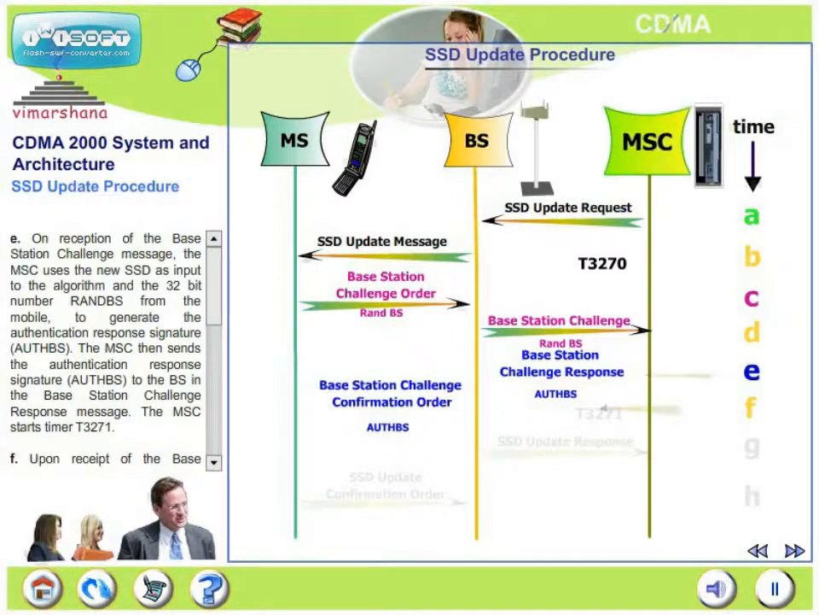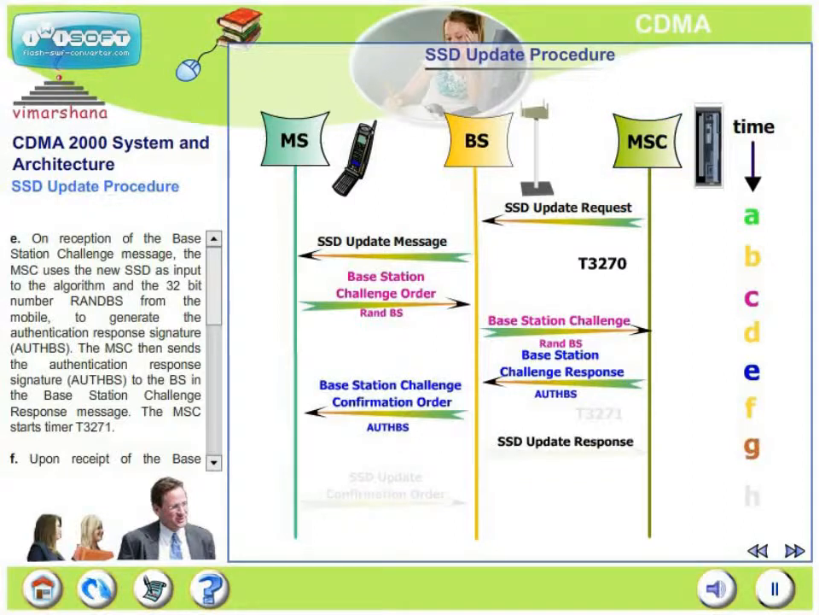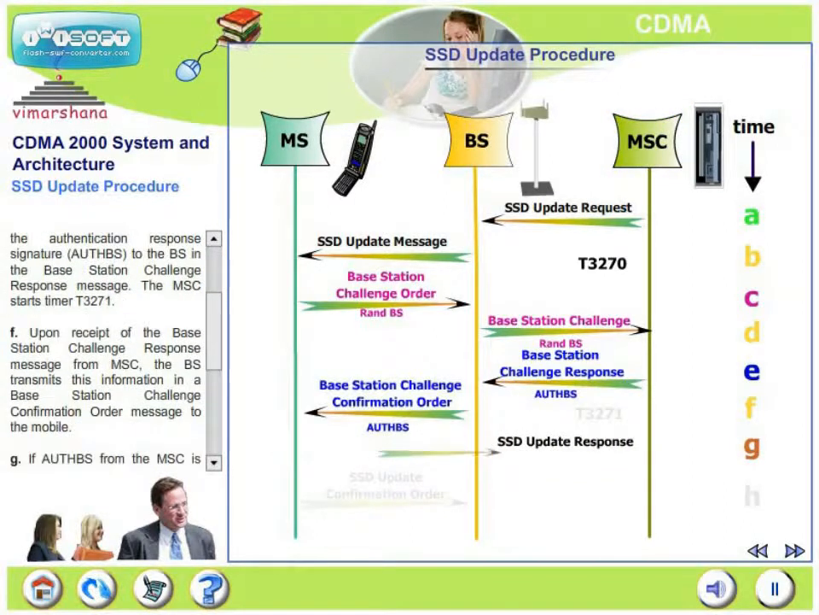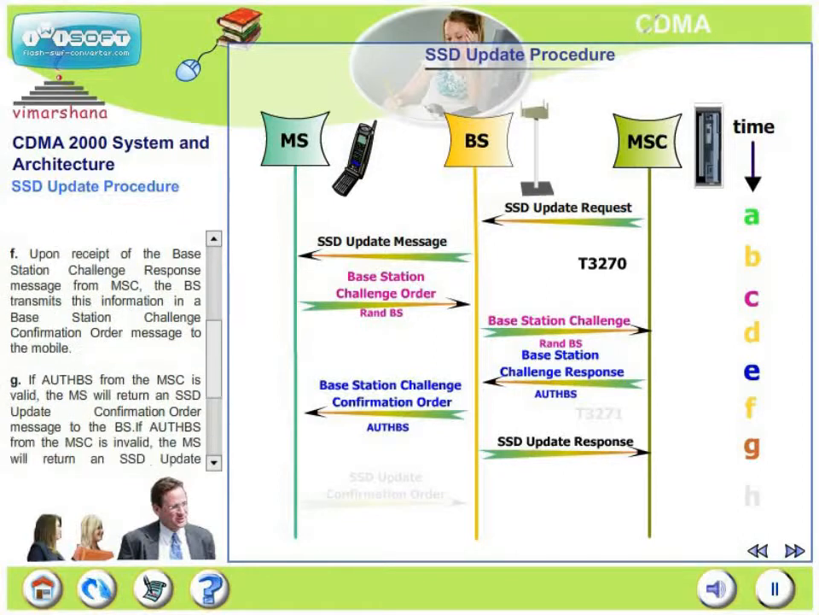MSC uses this new SSD which it already has as input to the algorithm and this new 32-bit number that has been received from the mobile to generate an authentication response signature. MSC sends this authentication response signature to the base station and from that base station back to the mobile. In the meanwhile, mobile also has generated this authentication response signature because it only generated the 32-bit random number and